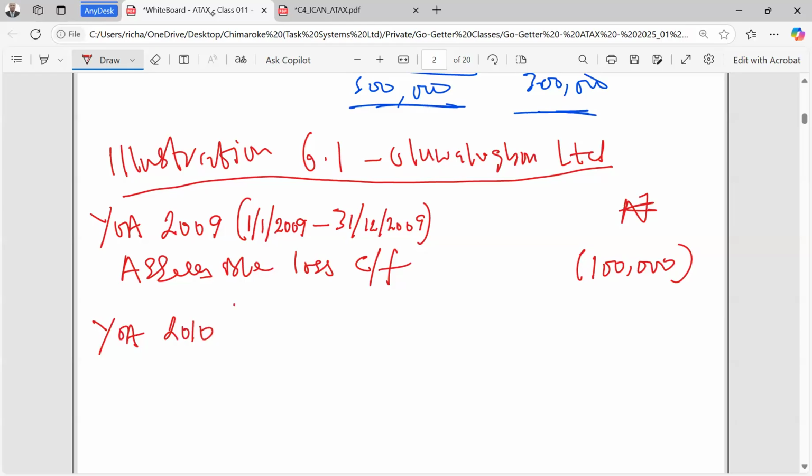Now, in the old regime, I said before, for the first year, which is 2009, it will start from the date the business commenced trading, and it will end in December 31st. It doesn't matter because it is actual year basis. So let me put that point here, actual year basis. For the second year,